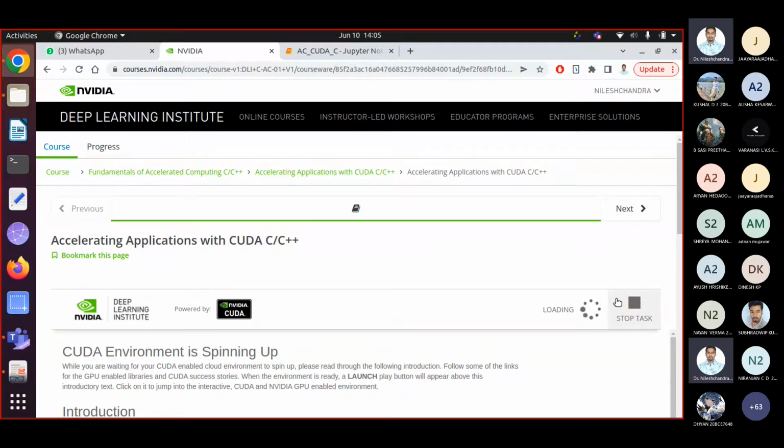So important topics I'll cover, because all these courses are self-paced. You can read the text from all these notebooks, right? All the instructions are already provided in them. You just have to practice it, and accordingly you have to solve all the assignments, right?